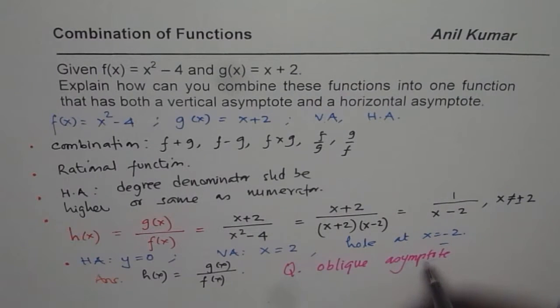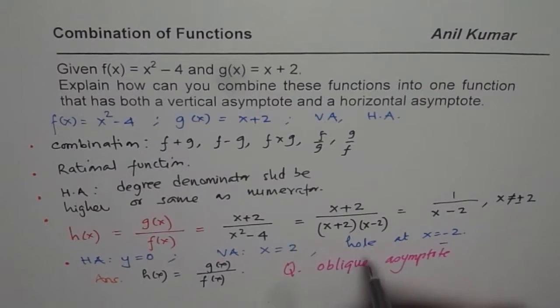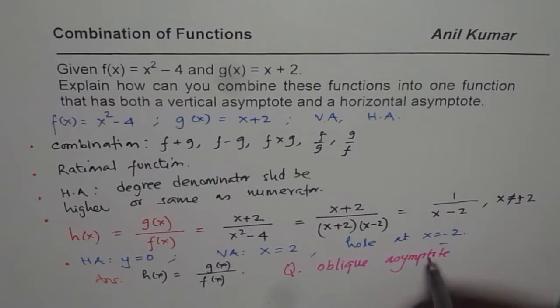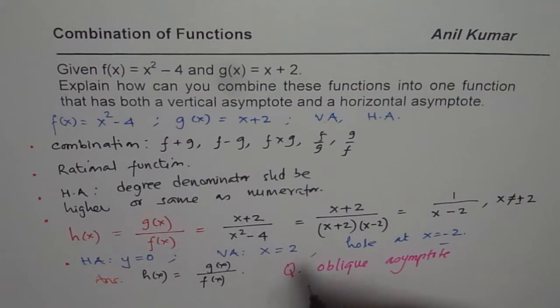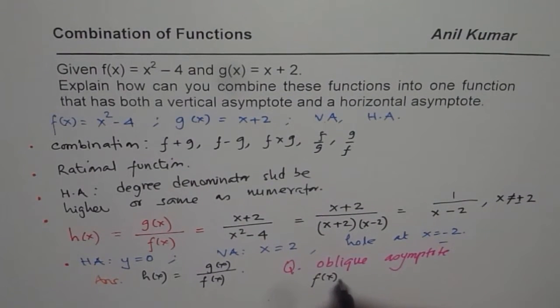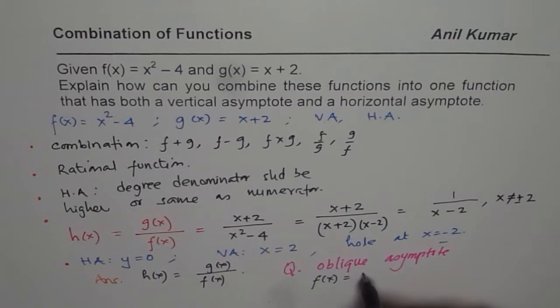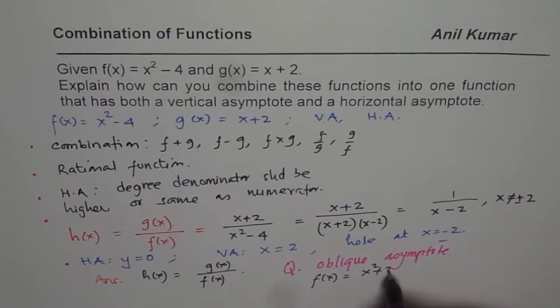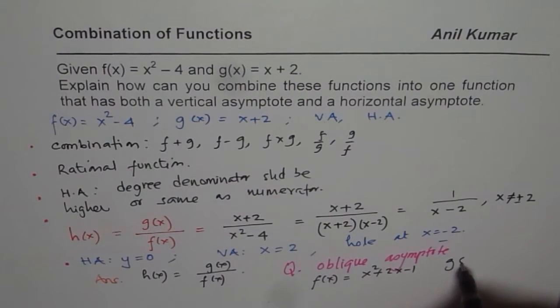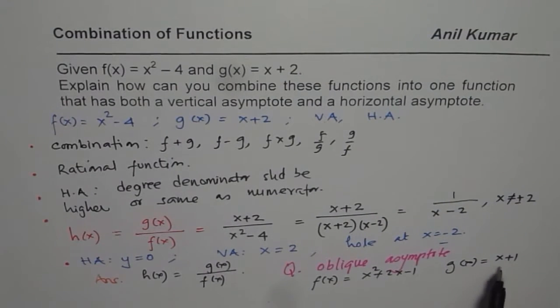Let me change the functions. So let us say our functions now are f of x equals x squared plus 2x minus 1, and g of x equals x plus 1, right? Now in this case, what you need to find is,